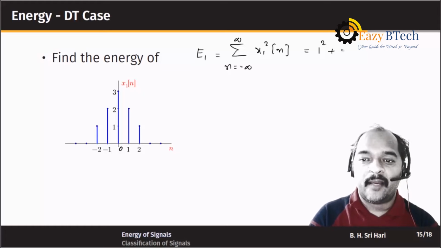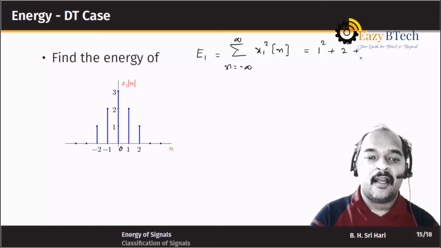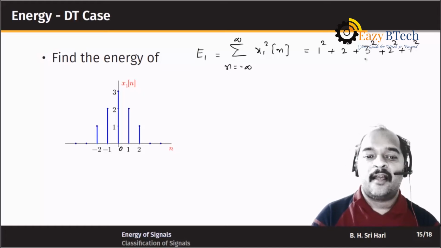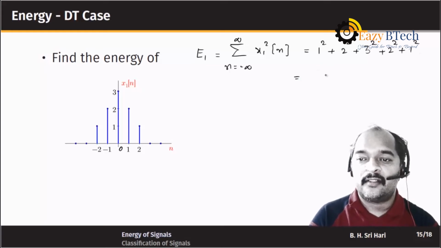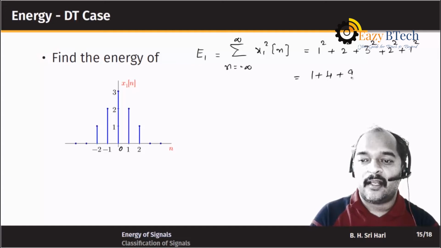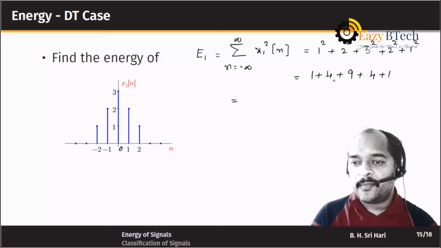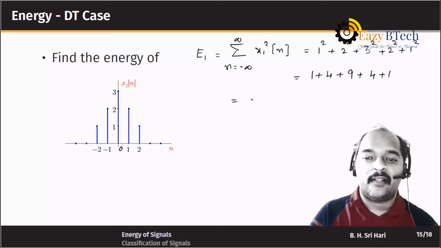At -1, the amplitude is 2, we have to square that. At 0, the amplitude is 3, we have to square that, and so on. At 1, the amplitude is 2, we have to square. At 2, the amplitude is 1, we have to square, and for all other values the amplitudes are zeros. So how much does this turn out to be? This is 1 plus 4 plus 9 plus 4 plus 1. So 4 plus 4 is 8, 9, 10, 10 plus 9 is